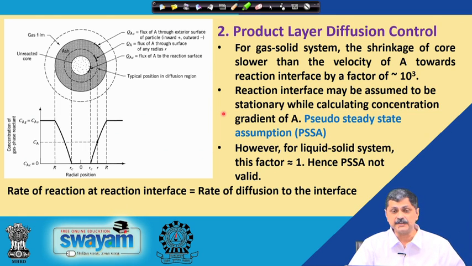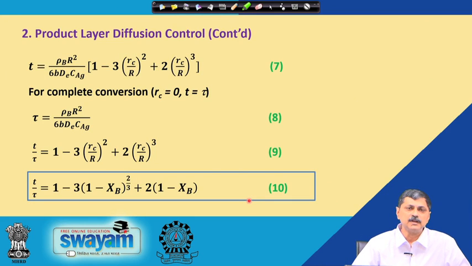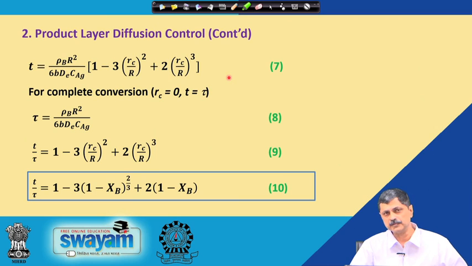But mind it, we can use this assumption only for gas solid reactions, not for solid liquid reactions, because for solid liquid reactions the factor is in the order of 1. So, the rate of reaction at the reaction interface is assumed to be equal to the rate of diffusion of A to the interface. So, we derive equation 7, which correlates R_c versus t, and tau by equation 8; we find that tau is proportional to